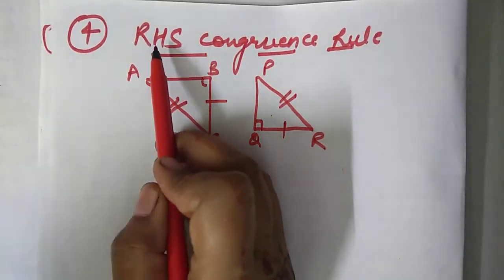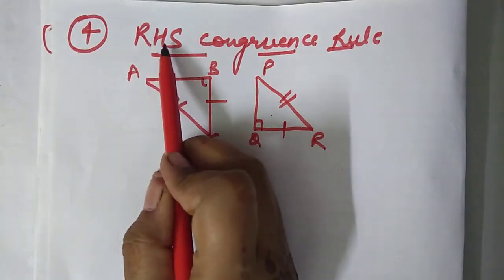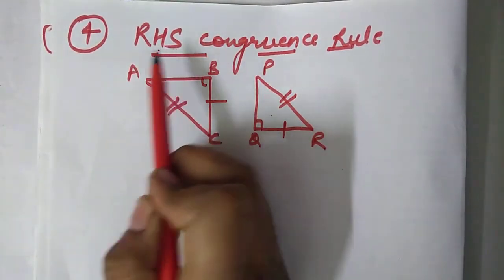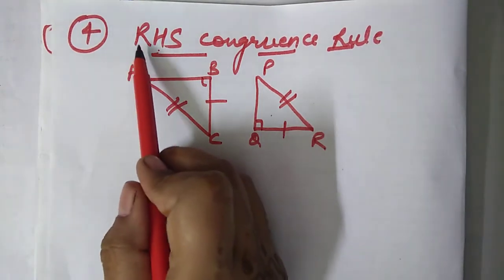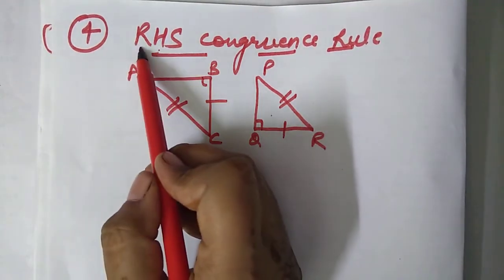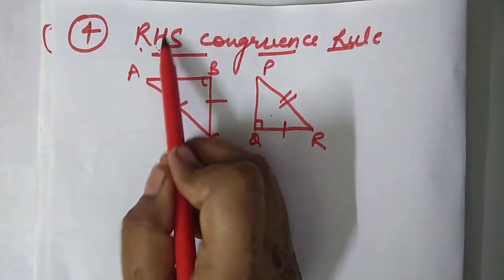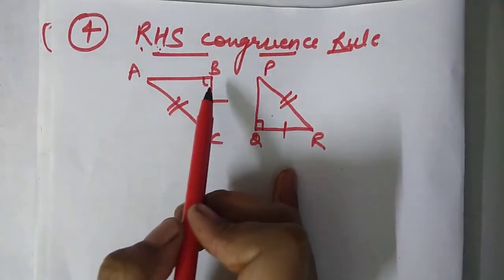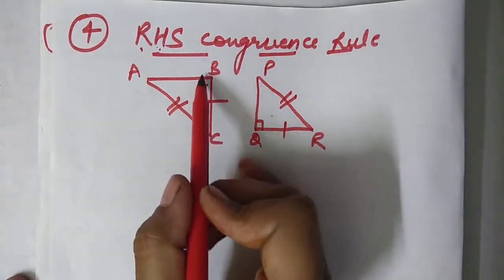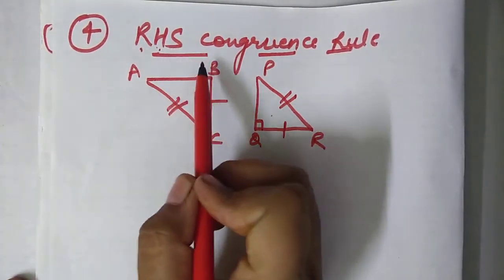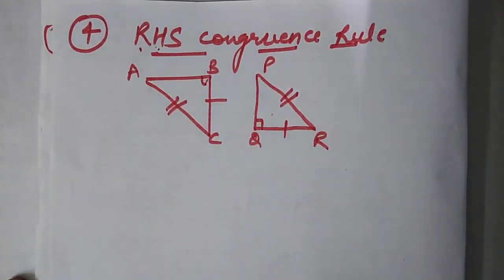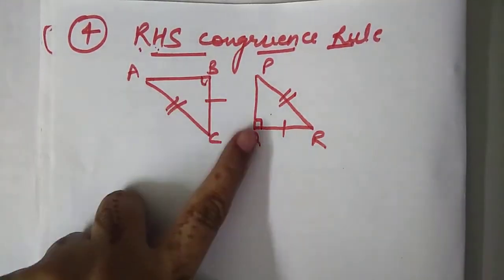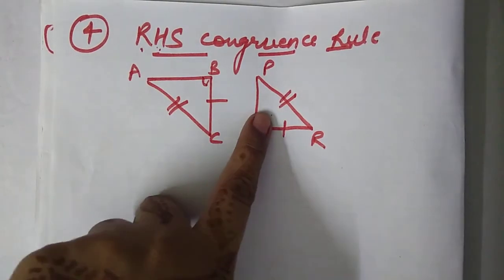RHS. R stands for right angle, H stands for hypotenuse and S stands for side. It means if in two triangles one of the angles is 90 degrees, and the hypotenuses are equal and one of the sides is equal, then we can say the triangles are congruent. So this congruence rule, that is RHS, states that in two right angled triangles,